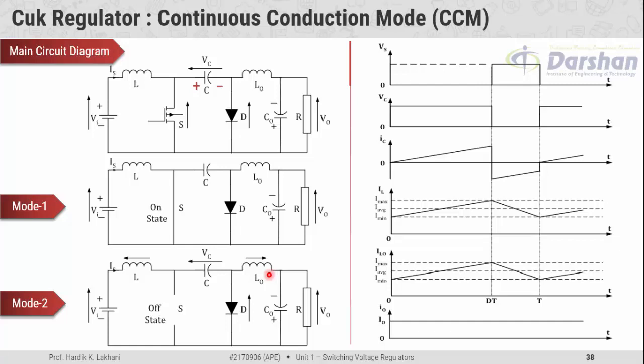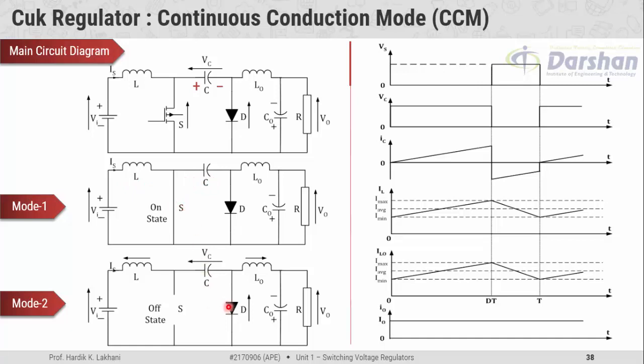So if you observe the current through the load during mode 1 and during mode 2, it is in the clockwise direction, which means that current enters the load from the bottom side and leaves the load from the top side. So when we measure the voltage across the load, we get a negative voltage. During the first interval, the switch has to carry two currents: the current passing through L and the current passing through the capacitor C.